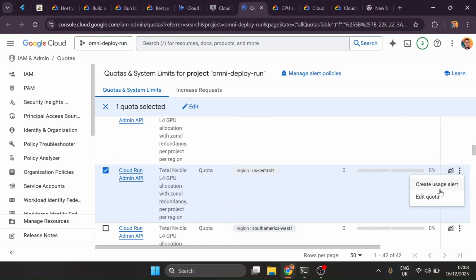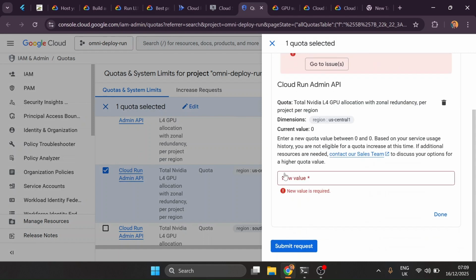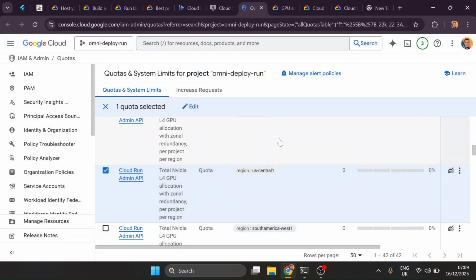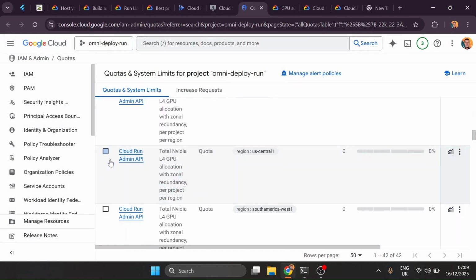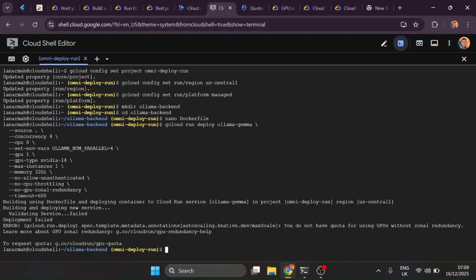So this is a situation where if I wanted, I can go ahead and request some new quota. Right. At the moment I don't really have any, because it's based on your usage, so Google Cloud will determine that, okay, we need to allow this person to have this particular type of machine or something like that. If not, then you would have to contact the sales team to request a new quota. So let's see here. Yeah, so we are not able to host our model because we don't have any GPU